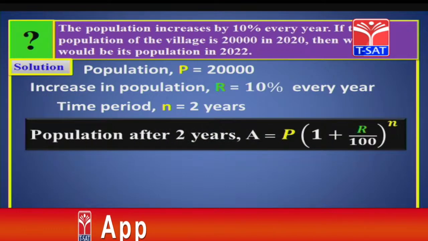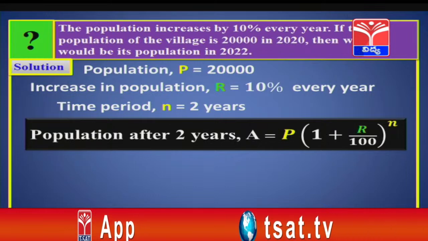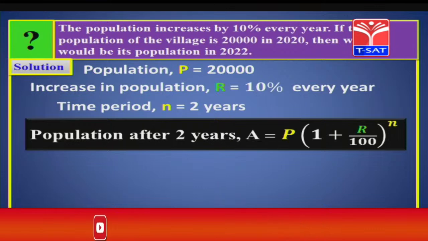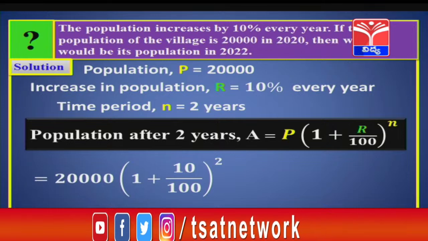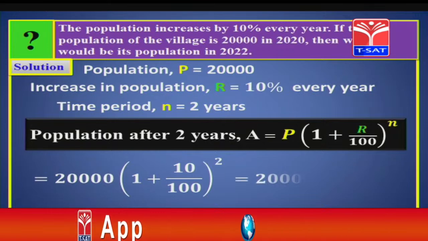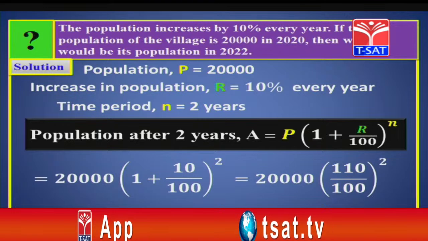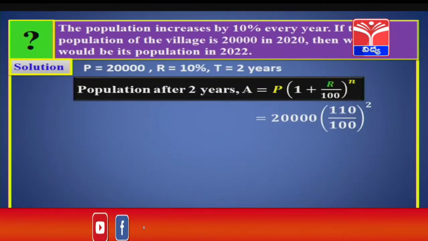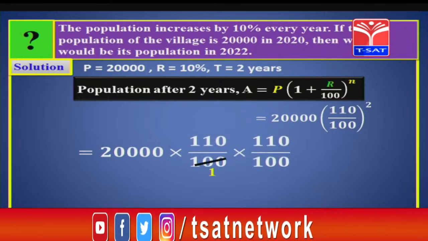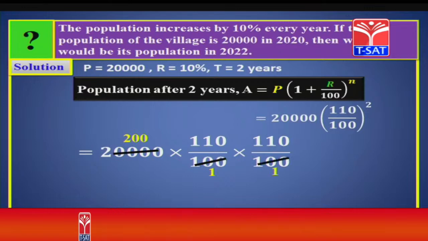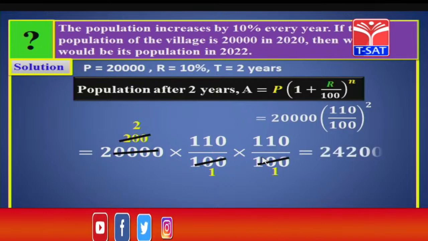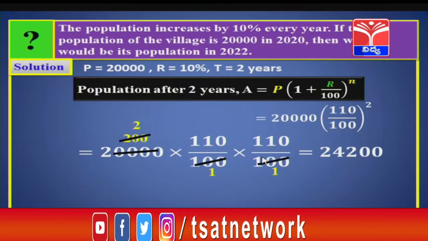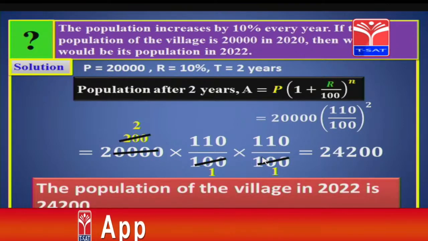Now, the formula to find population after 2 years is given by A is equal to P into 1 plus R by 100 whole power n. Now, let us substitute these values. So, what do you get, children? 20,000 into 1 plus 10 by 100 whole square, because n value is 2. On taking LCM, we get 20,000 into 110 by 100 whole square. Let us simplify this. Now, 100 one time, and in 20,000 it goes 200 times. Similarly, 100 one time here, and then it goes only 2 times. Now, on multiplying this 2 into 110 into 110, we get 24,200. So, we can say that the population of the village in 2022 will be